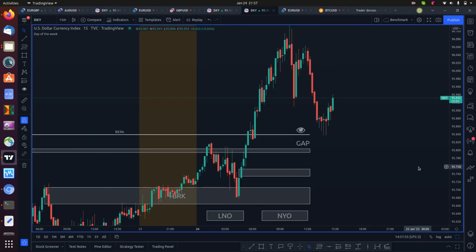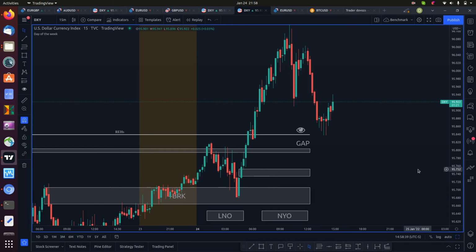All right, this is the 15-minute chart of the dollar index, and you can see here I labeled London. We have London down here, and then we have New York. So here price came down into this breaker right here. You can see that there, that's the breaker, and it dipped during London and took off to attack relative equal highs. It really went up. So that was for the 15-minute chart,